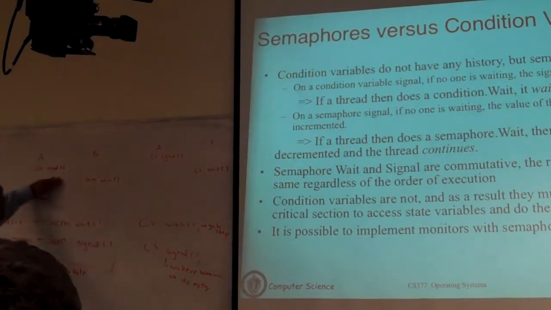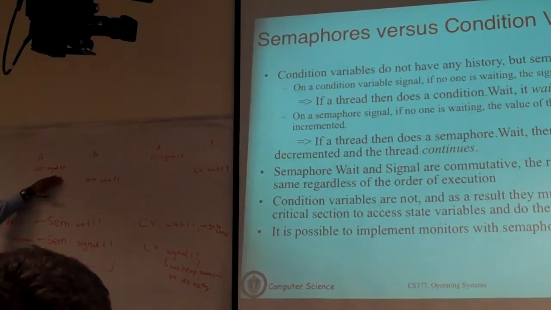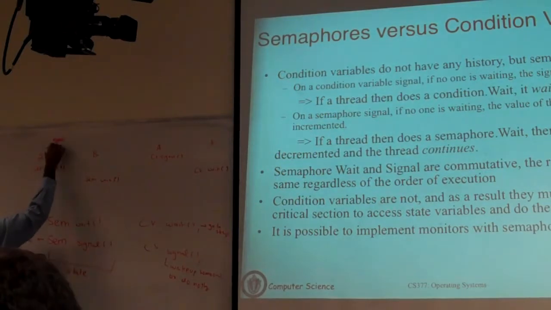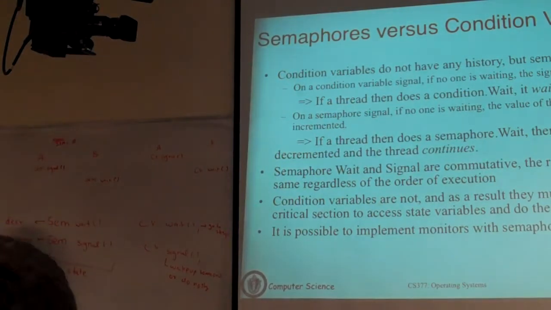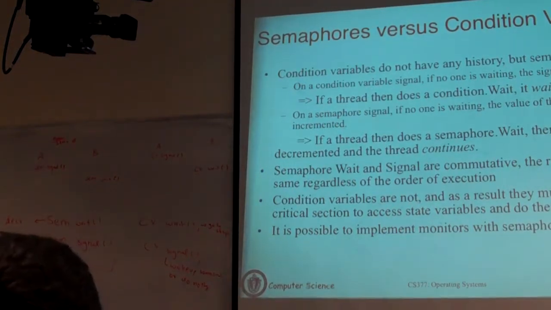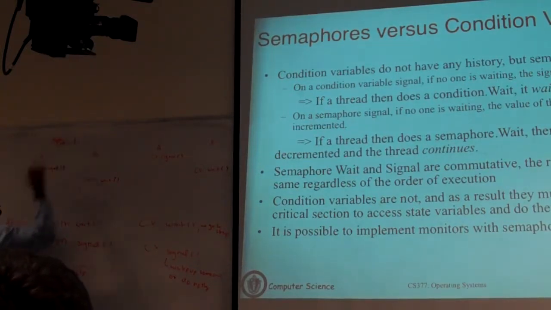So what happens when you call signal? It increments the semaphore value. The first thing you should ask is, what did you initialize the semaphore to? The answer sometimes will depend on that. I didn't tell you, so let's assume we initialized it with 0. Without the initial condition, you can't actually solve this problem. So what does signal do? Signal increments. This will simply change the value to 1.